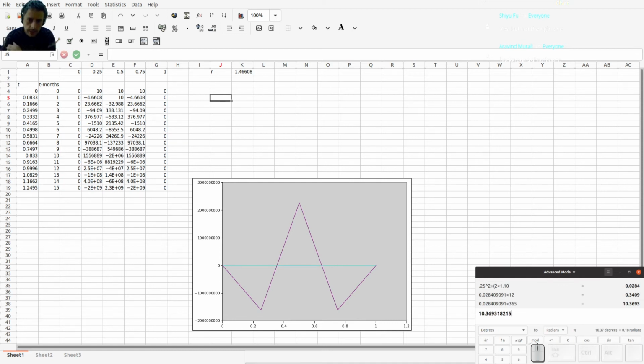So that's basically 10 days. Okay, so the largest time we can have is 10 days based on a quarter of a meter. And so if we do change that to 10 days or 0.0284